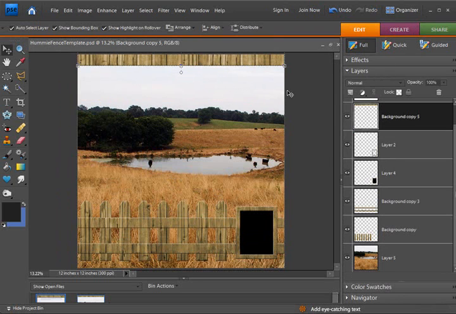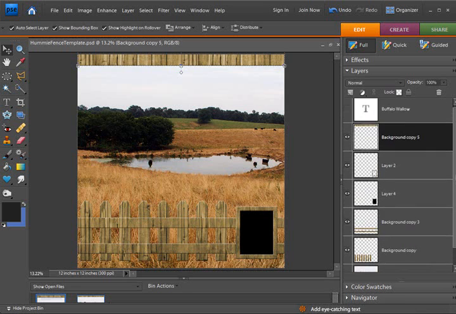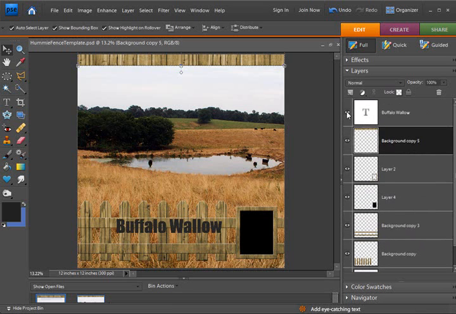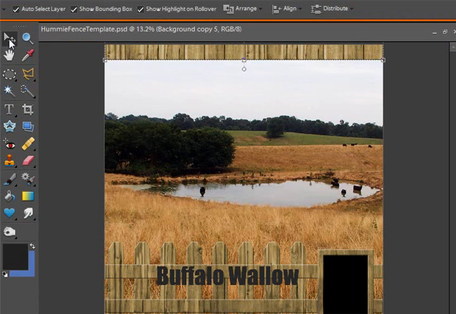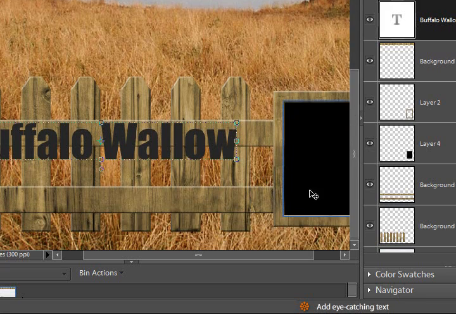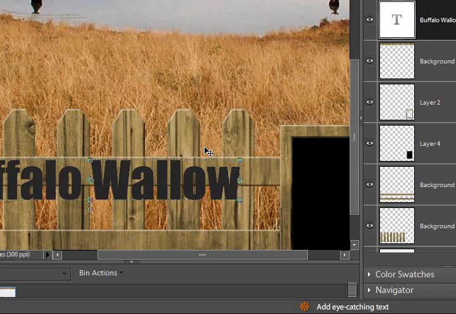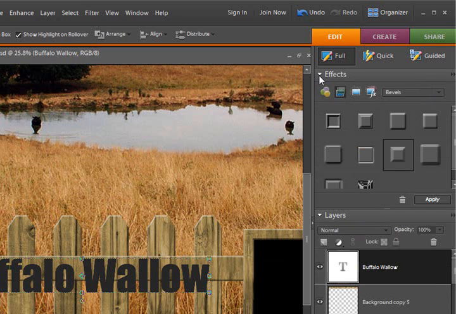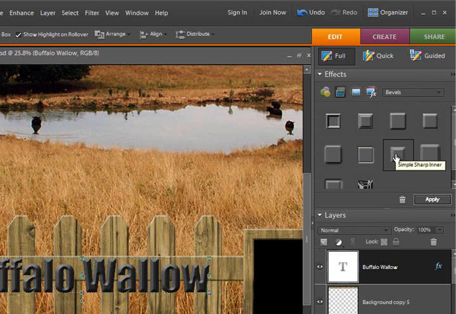Now I also went ahead and did a text layer. This is just simple text in Impact, 72, I believe it was, points. Yes. Let's work with making this look realistic as I did on my layout. I actually added this simple sharp inner bevel to my text, but that was too sharp, too